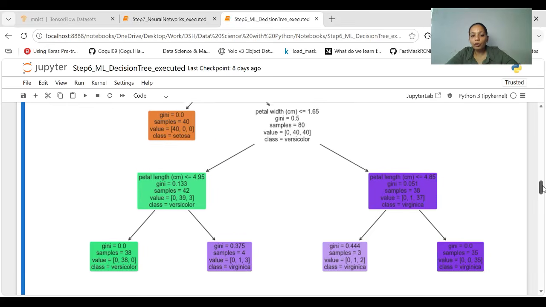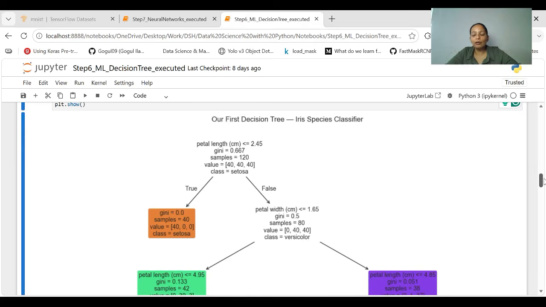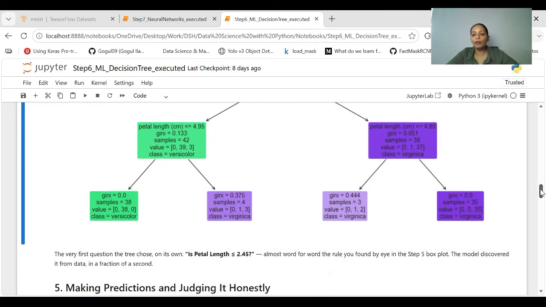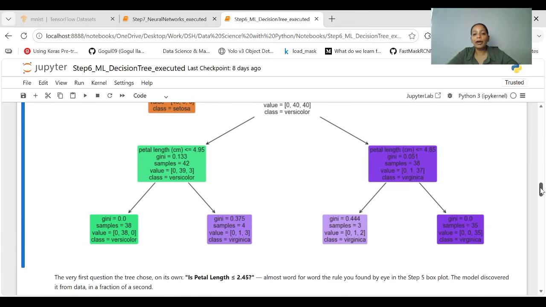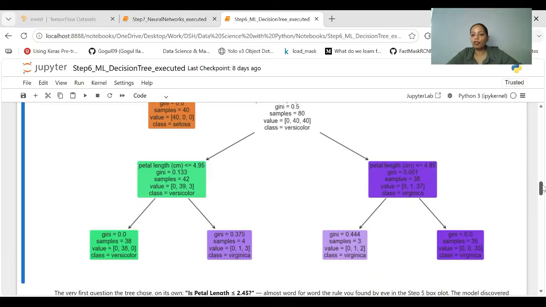So did you notice the first question is petal length, whether it is less than 2.45 or greater than 2.45. This is the same question we found with our eyes when we drew the box plot during exploratory data analysis, and the model discovered it from the data in a fraction of a second.